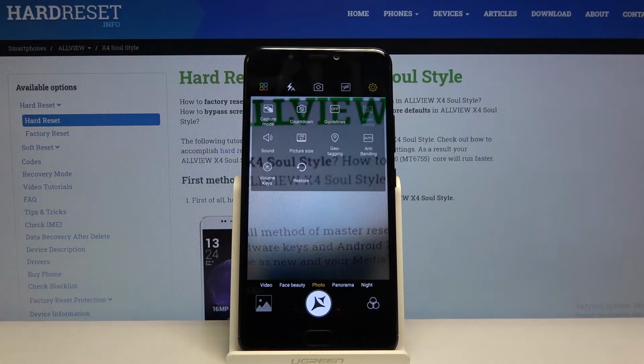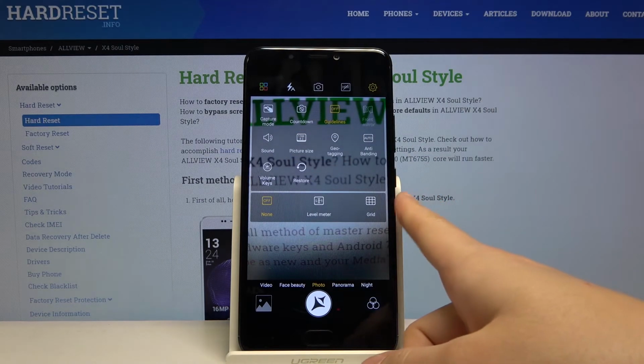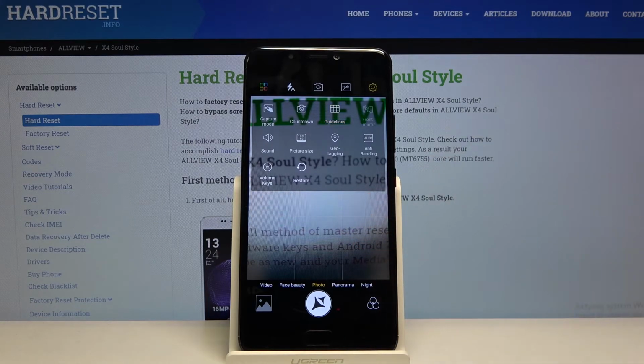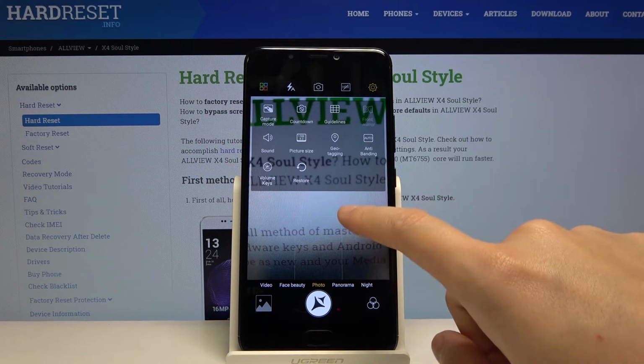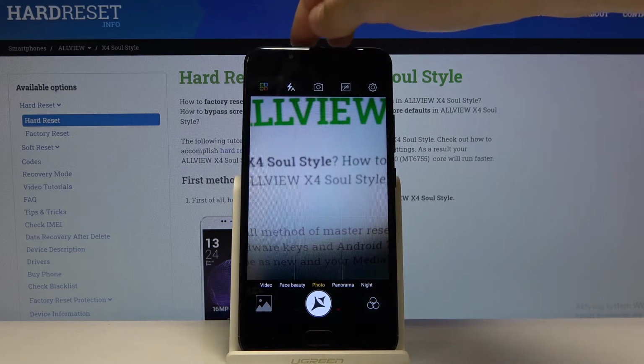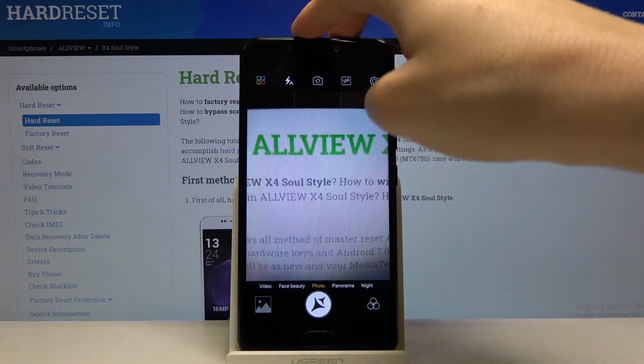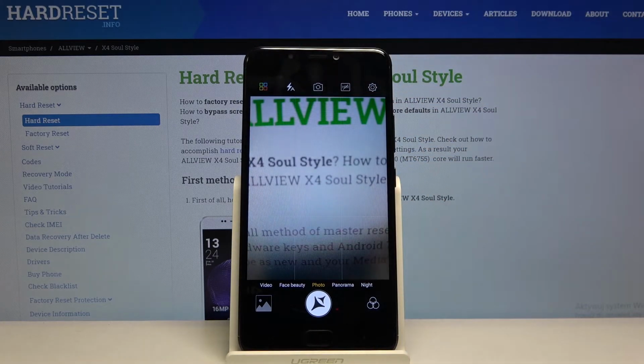And as you can see here, we have different options to manage, and for now we are interested in gridlines here, so by tapping on this we get access to it. And as you can see here, we have the grid, so when we click on this we can easily turn on the grid lines. This is how it looks like. So this is helpful, for example, when we want to use the rule of thirds in photography and making experiments